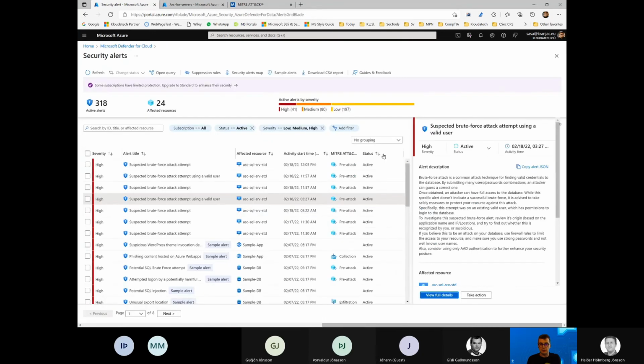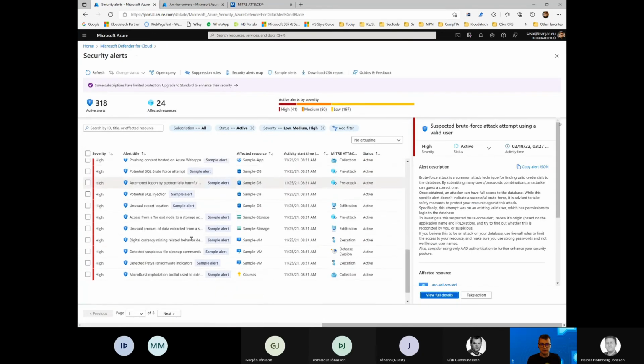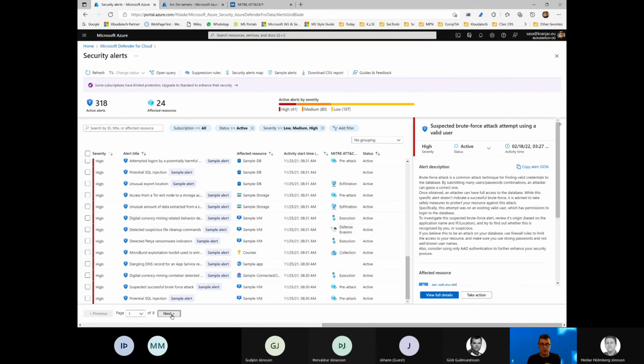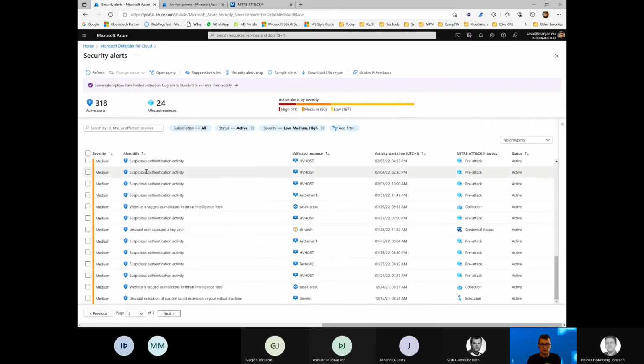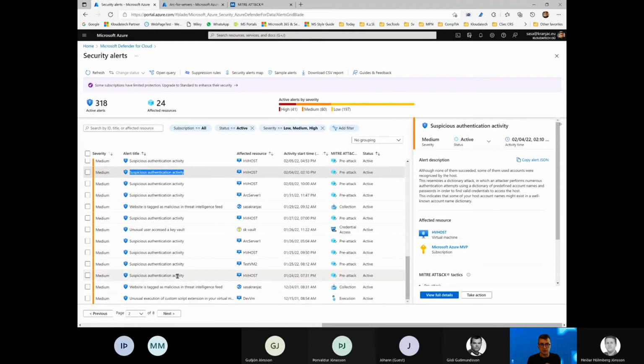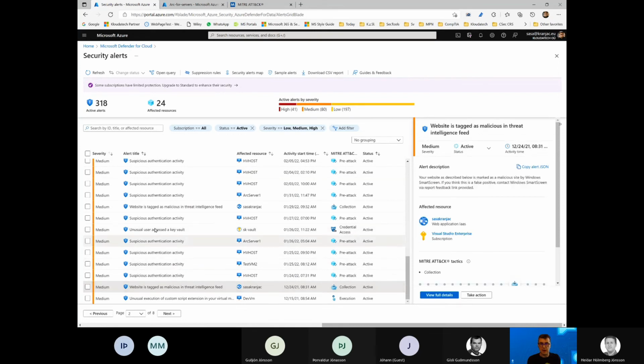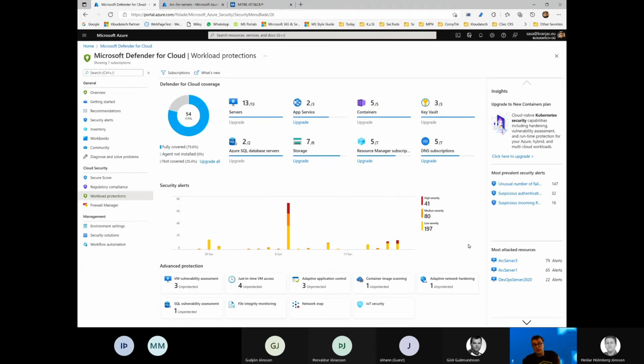And of course there are some other things that happen in here that are not sample alerts, and then there are a lot of these, like suspicious authentication activity, or any other things that happen. So we can see also whether, in this case, it was the web app, for example, and the other things that are interesting and